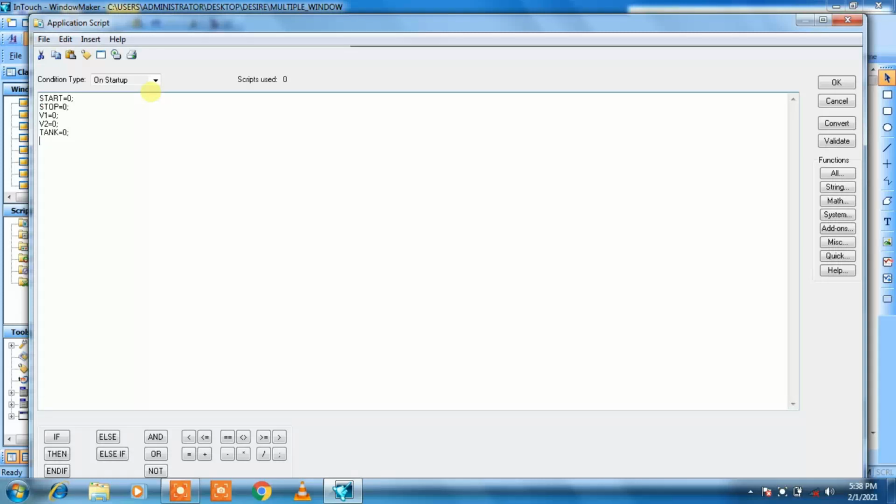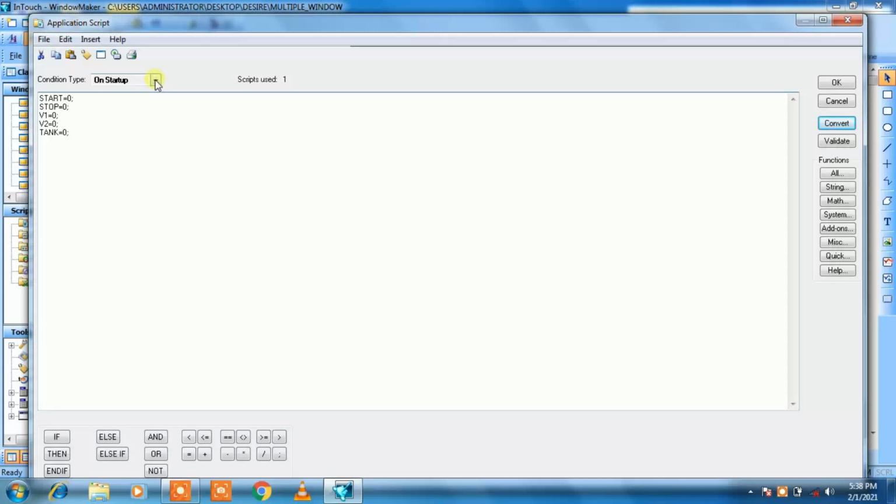This is the initial condition of all my objects. Let us convert it. It is errorless, that is why the cursor went to the first line of the program and on startup became bold.